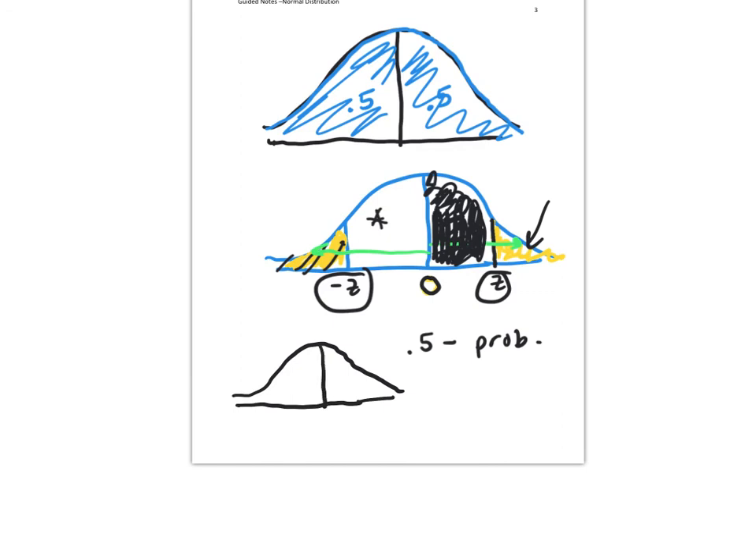If I'm trying to find this area here, my z will be negative. So what you will look up is the positive z-value. Same number as this, just opposite sign, positive. And it's going to give you this area here. Any number to the left